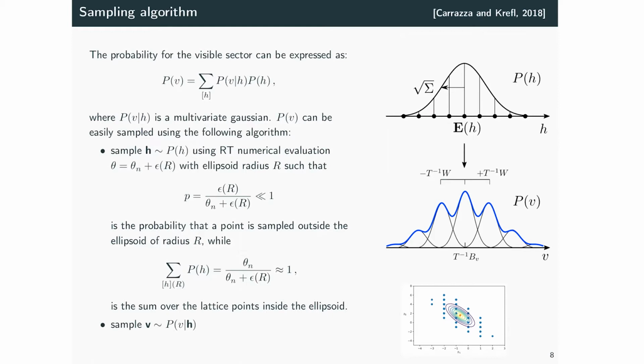So we can express P(V) as a sum over H of the conditional probability P(V|H) times P(H). The important thing is that P(V|H) is a multivariate Gaussian. And so we can easily sample this model by first sampling H from P(H), and